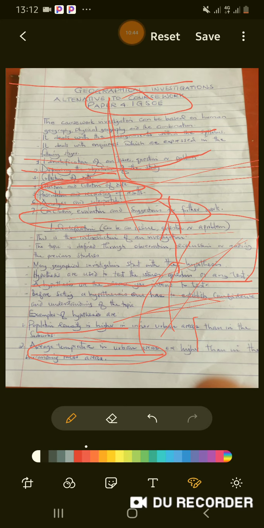Now, what are the objectives? For example, the content is being defined. This is the area whereby we are defining the reasons for an investigation. Why are we investigating? What data are we collecting? How is it important? How is it relevant? How is it going to be collected? What are the stages we are going to follow? Who is going to be involved in this? And why have we taken that particular person to be involved? These are the stages we need to take.